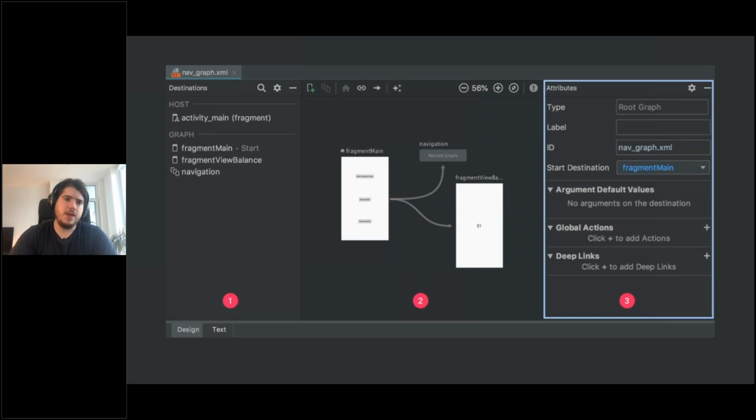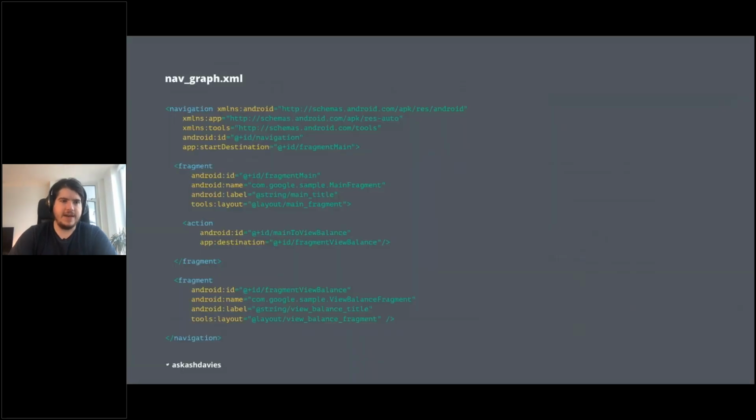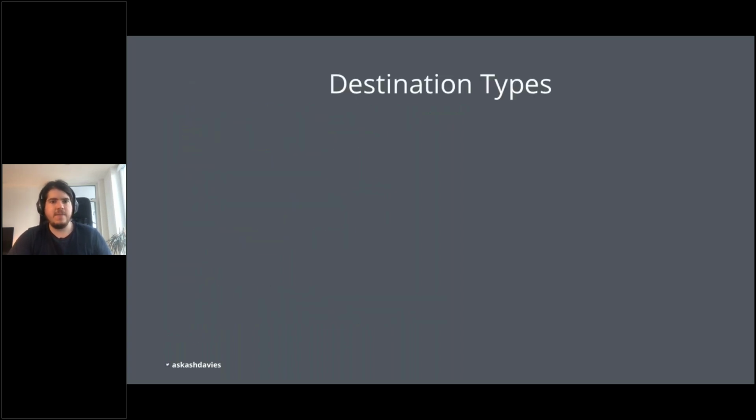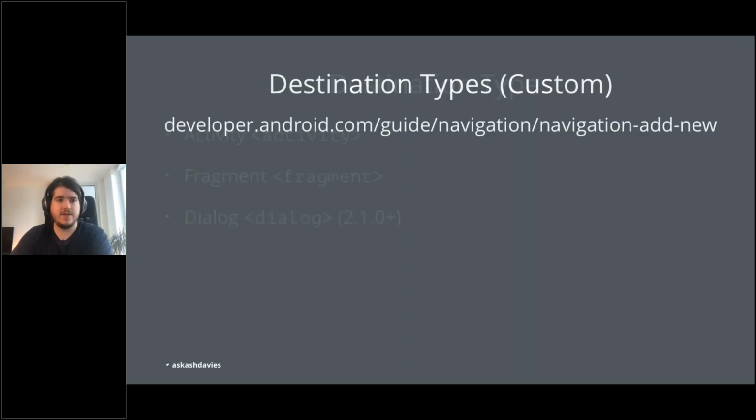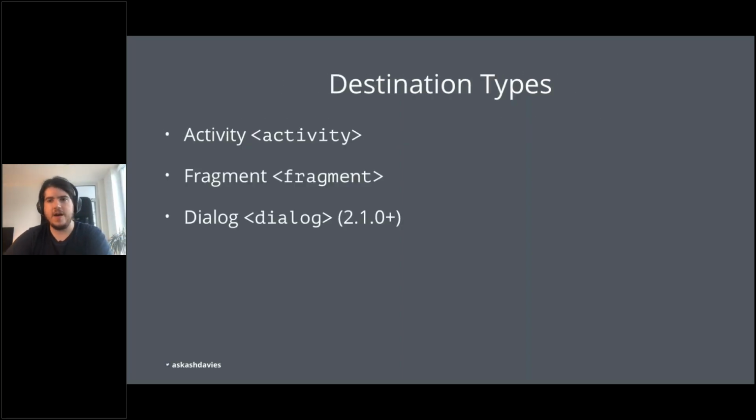And if, like me, you would prefer to use XML layouts, it's actually built in such a way that the XML is not so horrible to look at, and it's quite easy and straightforward. So you can actually write your own. And I much prefer to hand code in XML, even though the visual editor is also quite nice. So as I mentioned, you can have many different destination types. You can have activities, fragments, dialogues, and then you can define your own